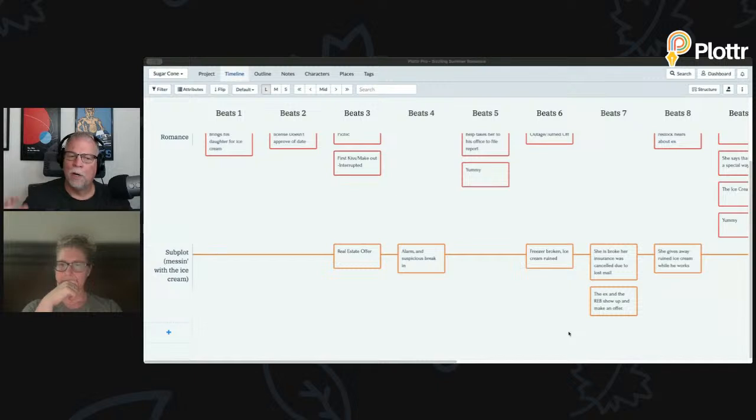And then obviously you're going to need to modify this file. You can change the names, you can change the circumstances and events, however you want. But if you want to write something like this, please let us know. We'd be happy to authorize. You can publish it on your own platform. You don't have to publish it with us. But let us take a look at it. And if you do a great job, and we're very proud of you for doing that, then we will let you call this a Plottr Workshop Story,